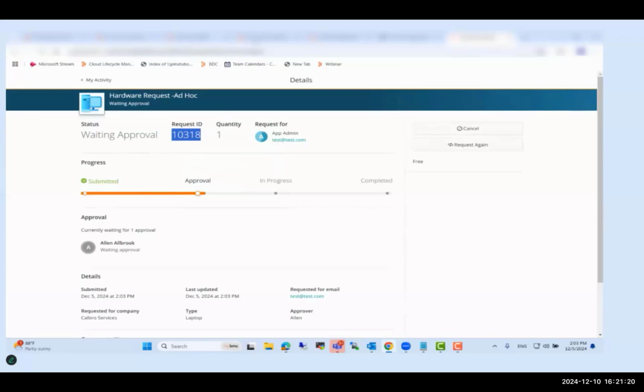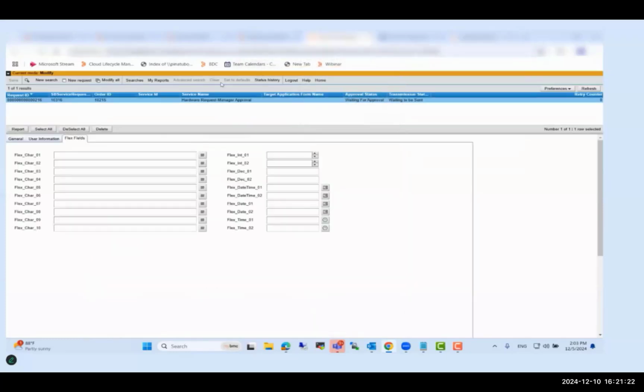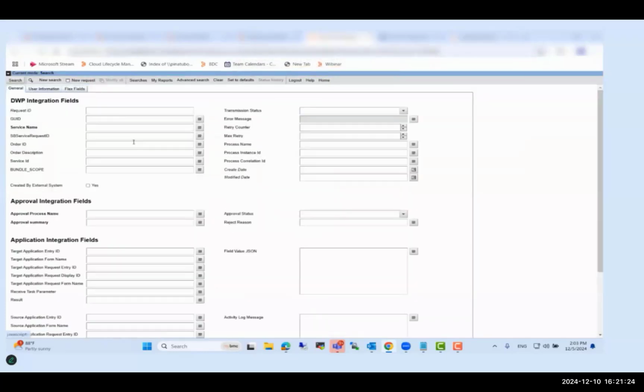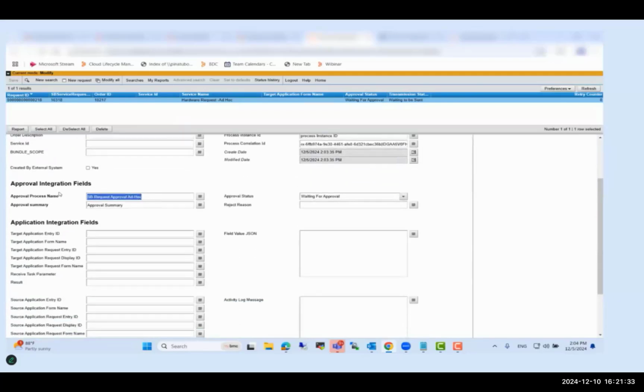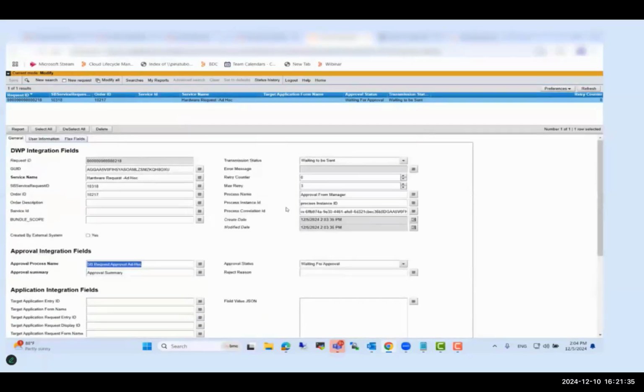If you search in SP service request form for the request ID, you will find it available here. So this is the approval process name. It's waiting for approval, and the approval is already attached. This is the first option of Ad-Hoc. Now, the second option, which I prefer, because it's easy to maintain later in case the approval gets